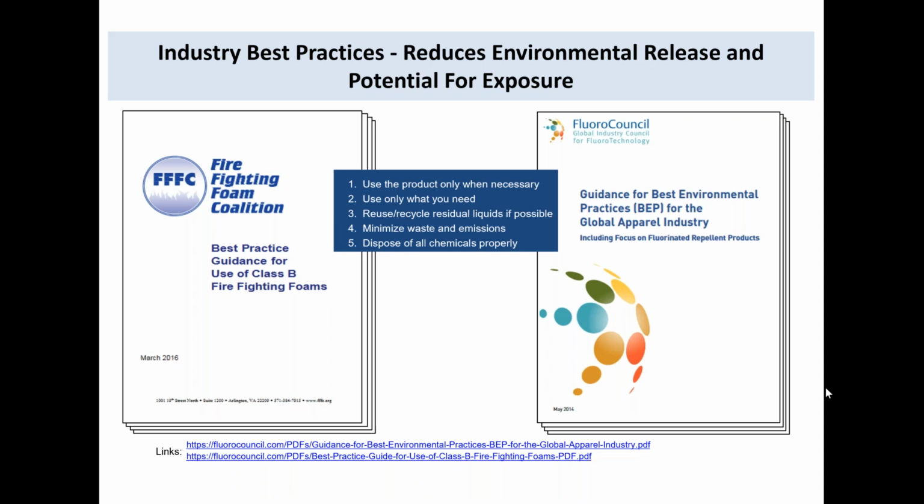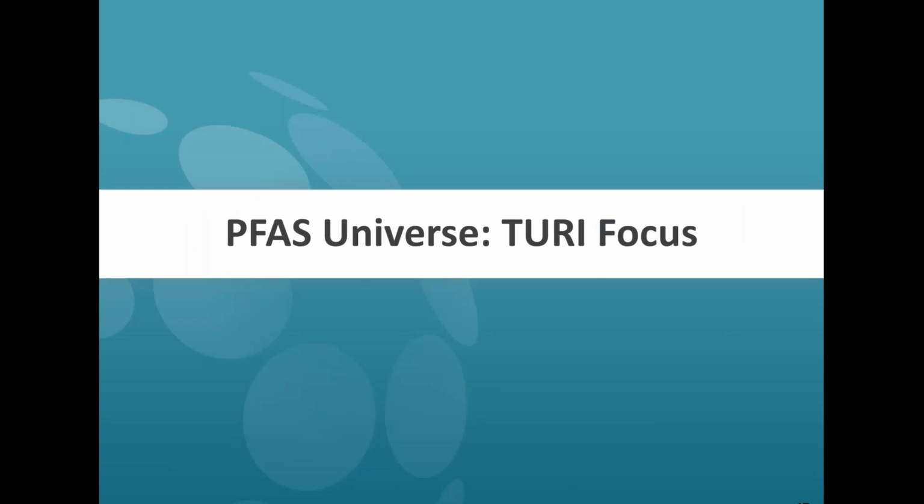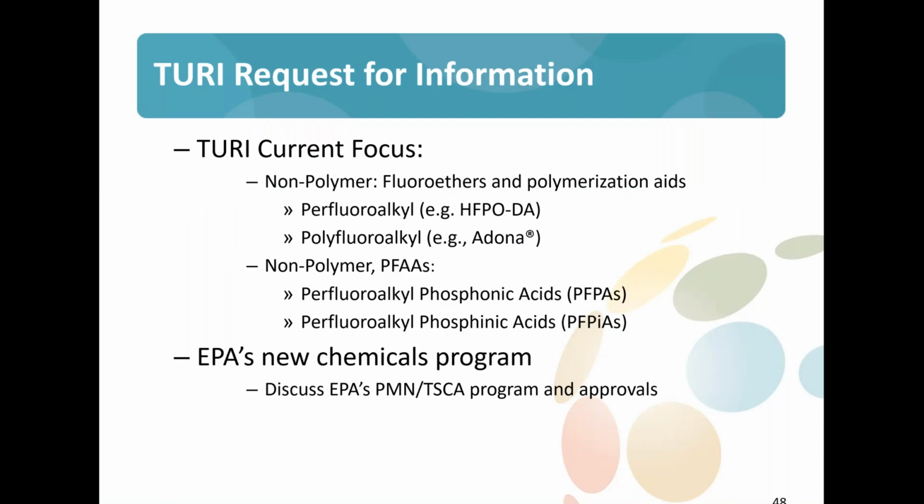Bob, and everyone, what I want to do is finish up with a couple of charts, and then we're going to open it up. Tura, Turi, and the Massachusetts folks asked us a number of questions. They asked us about the fluoroethers and polymerization aids, which we've covered, but they also asked us about two other things. They wanted to talk a little bit about some of the alkyl acids like the phosphonic and phosphinic acids, and they also wanted to have a little discussion on the EPA program. I've got one chart on each, and then we'll have questions at that point.